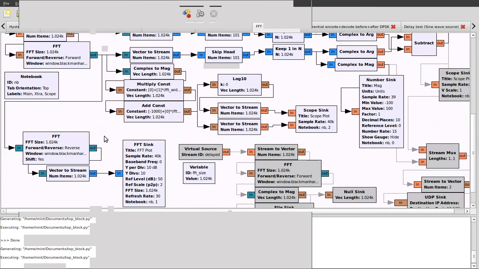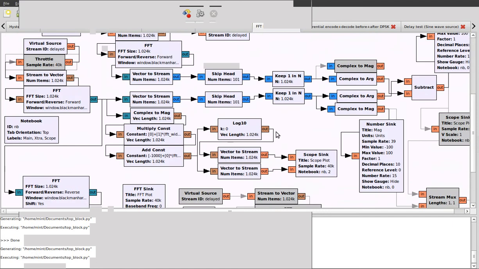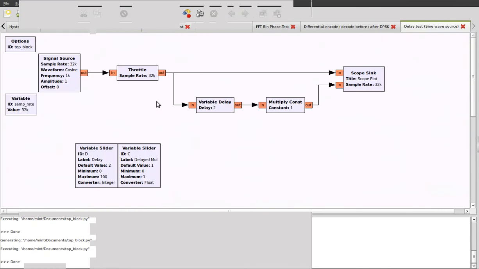So that's one way of doing it. The second way involves a little bit more trickery in the way that you deal with the vectors, and this can be quite handy, and hopefully this is just a bit of a thought exercise that you can apply to different scenarios. We go back to the first FFT again, and we take the output vector and we put it through this complex to mag block. So now what we want to look at is simply the FFT plot as we would normally do with an FFT sink,